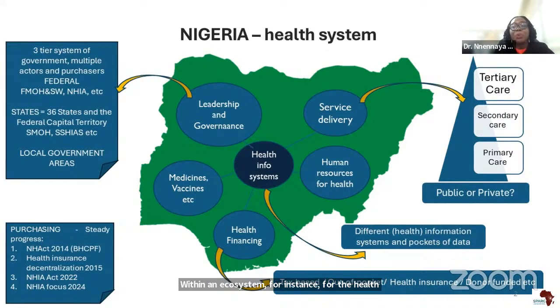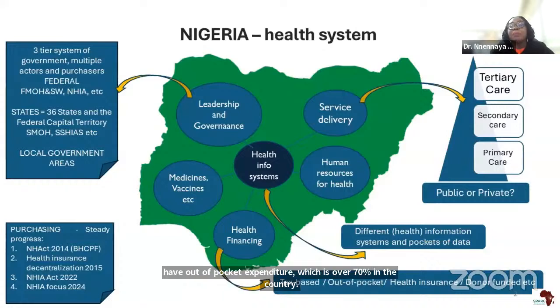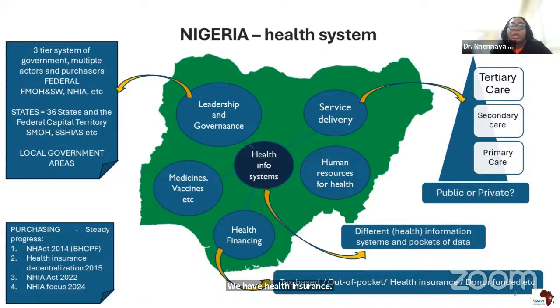But it's also important to state that healthcare financing is a little bit mixed. We have some government funding, which is mostly tax-based. We have out-of-pocket expenditure, which is over 70% in the country. We have health insurance, which covers mostly the formal sector, and we have a large informal sector population,